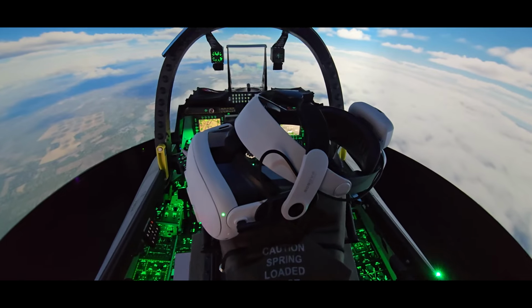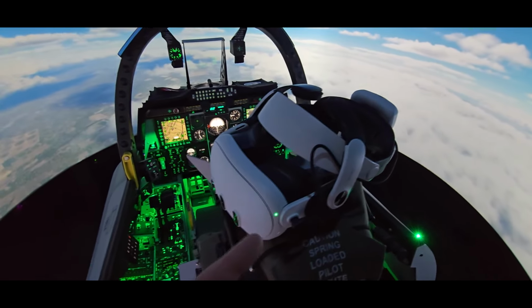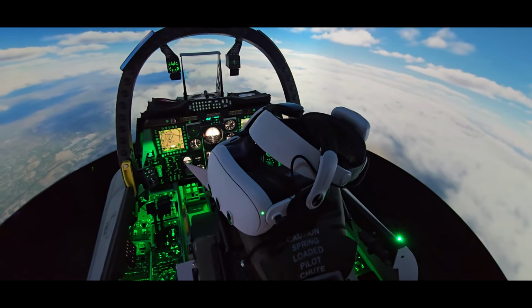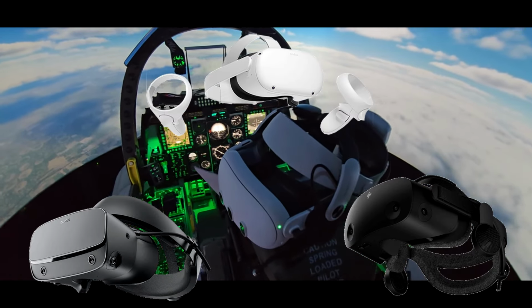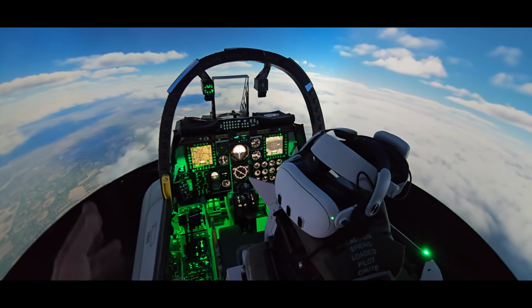There are better ones on the market that are top of the range and you know the military uses them, but you could probably buy 10 of these for the price of one of those. I've been flying VR for a very long time. I had a Rift S, I had a Reverb G2, I had a Quest 2, now I've got the Quest 3. So I do fly DCS a lot of the time in VR, and I fly the A10 in VR,